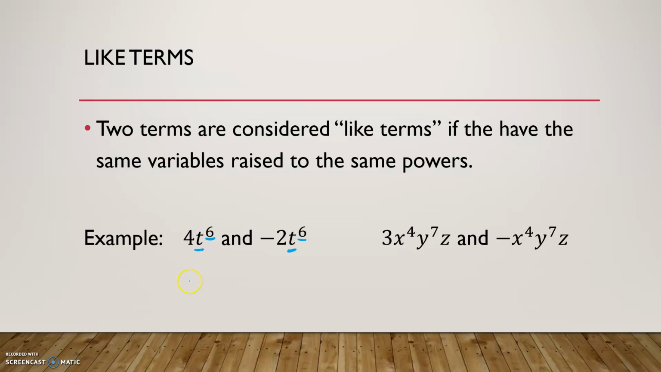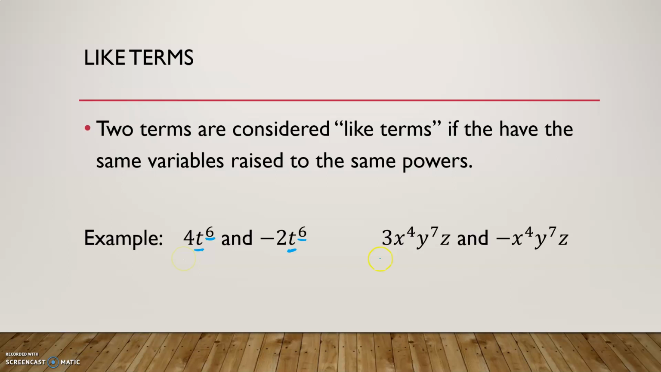If we had 4t to the 5th and negative 2, let's say it's x to the 5th, those variables are different. Those letters are different, so they would not be like terms. If I had t to the 4th, even though the t is the same, then the exponents are not the same. So this would not work. And that's why we would have to have the letter and the